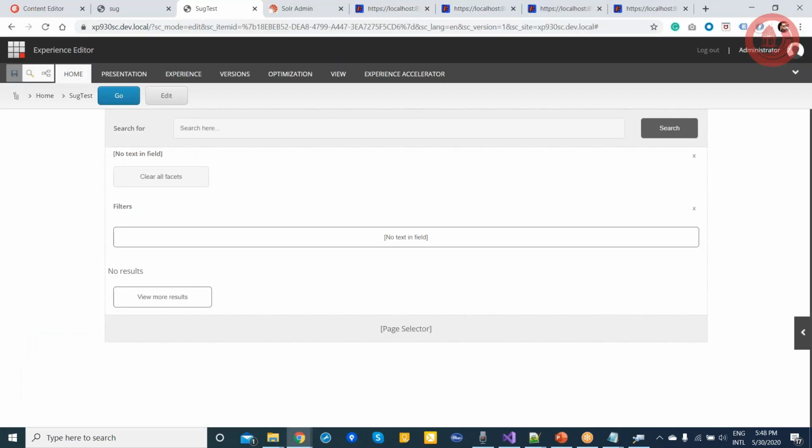Yeah, Ravindra, this side. I have one question. Yep. So the SXA supports Azure search as well, right? SXA search. Yes. Okay.